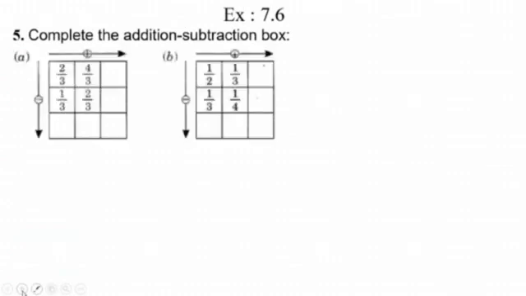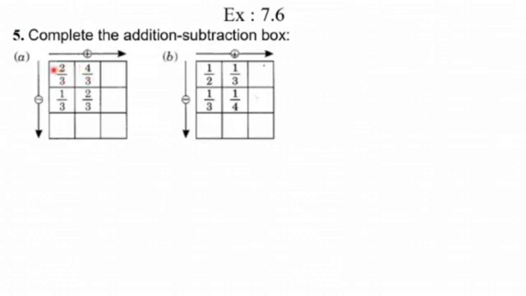Here one box is given to you like this. This is question A and this is question B. A will be solved here in the video and B question you have to do by yourself as homework. Now let us observe the whole box first. This box is of like fractions because the denominators are same.